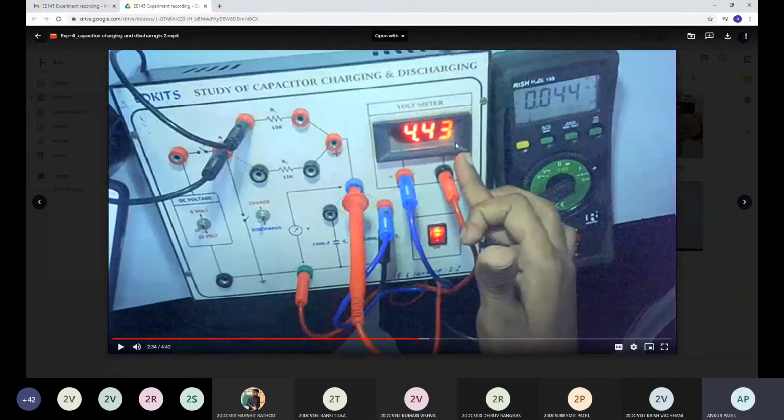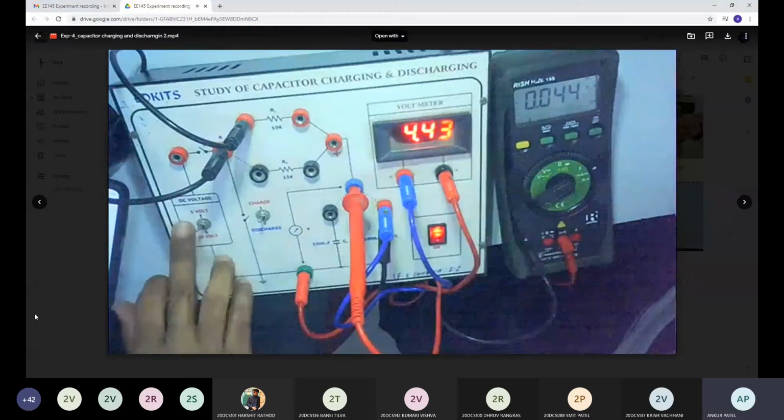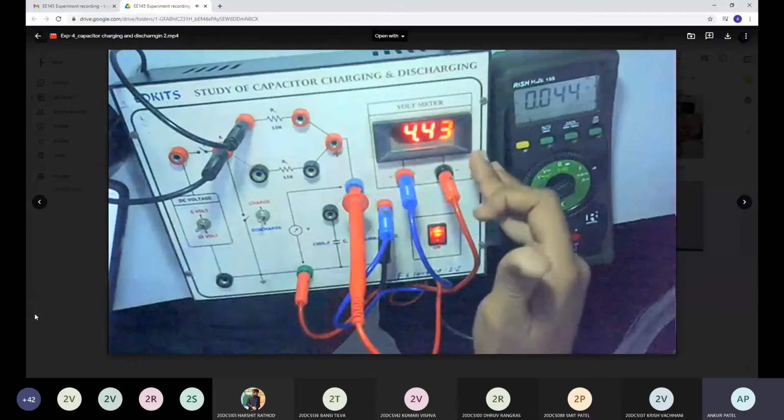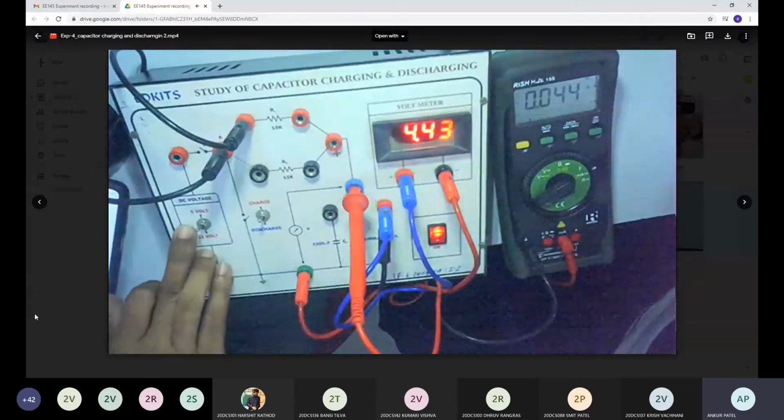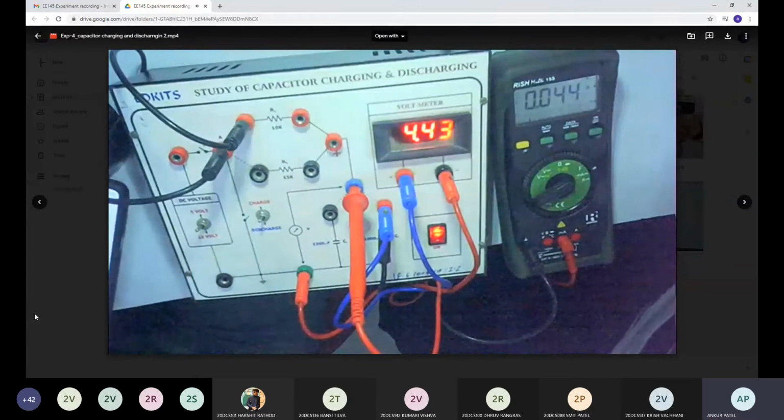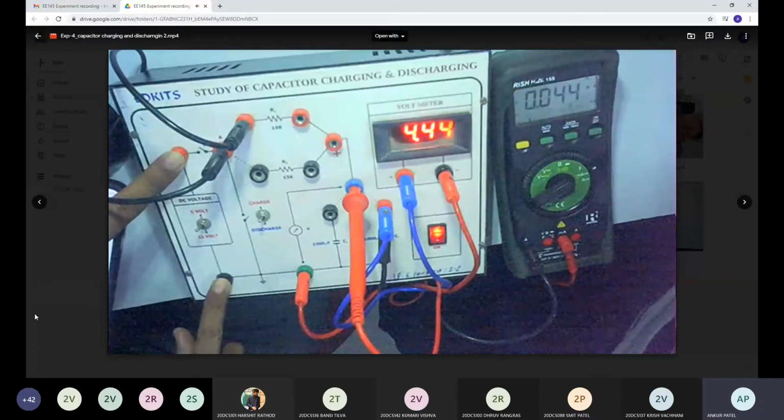As we know, practically we do not have the proper value of the source due to tolerance value or some instrument error. It is not exactly 5 volt here, it does not reach up to 5. Why? Because internally this value might have changed. So you require to first connect a voltmeter across here and see.